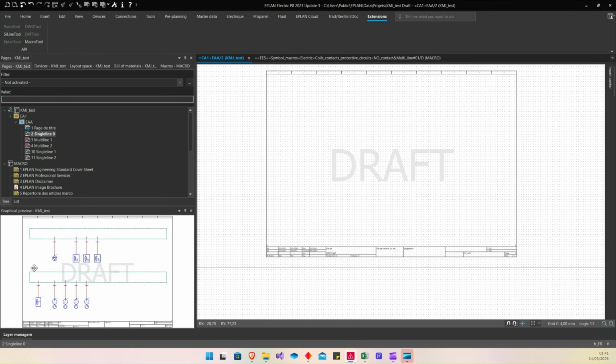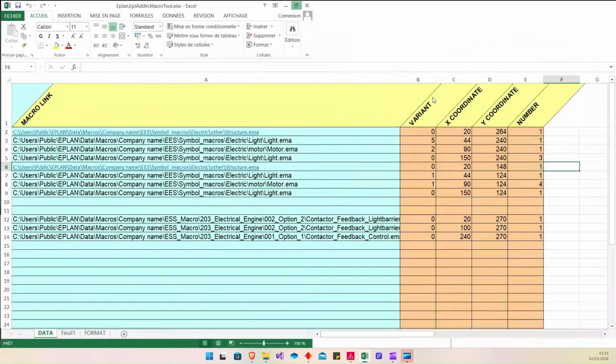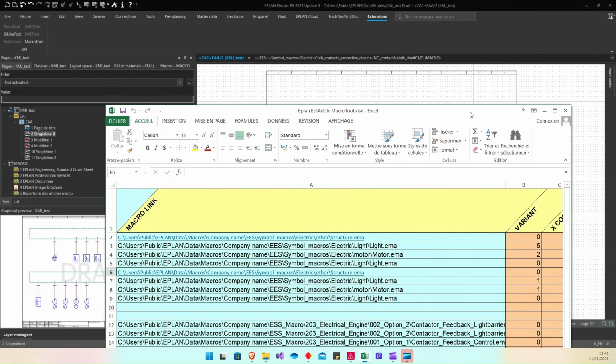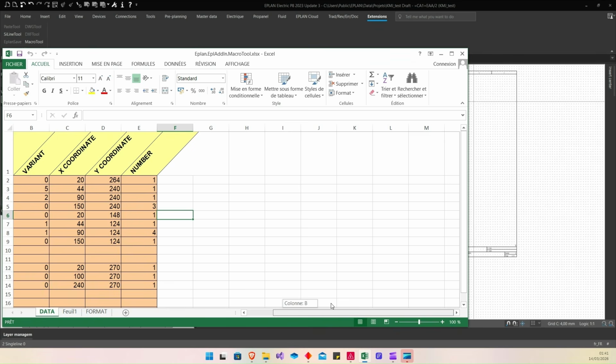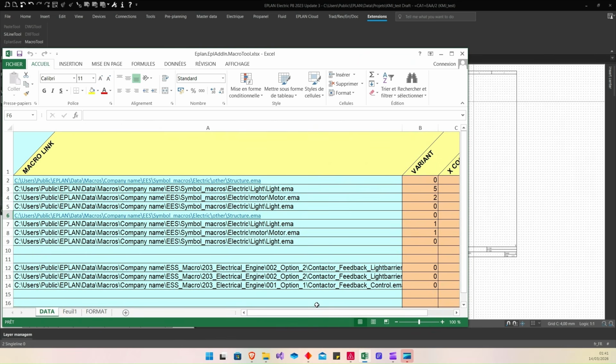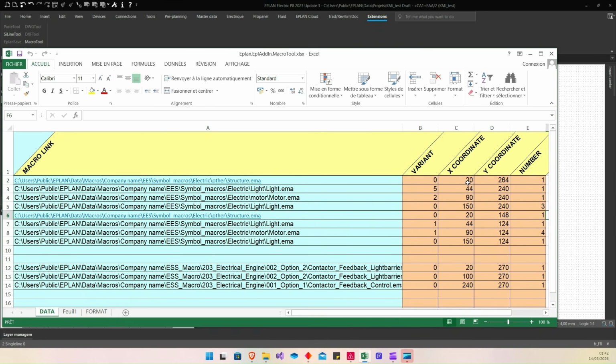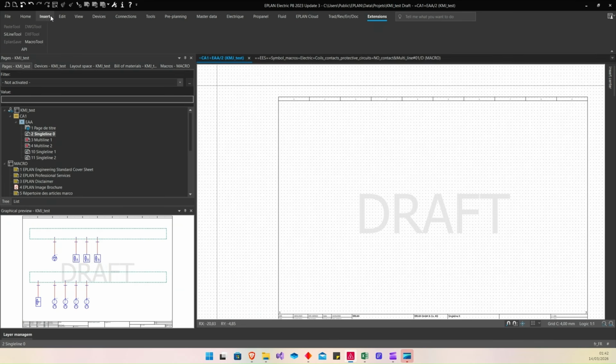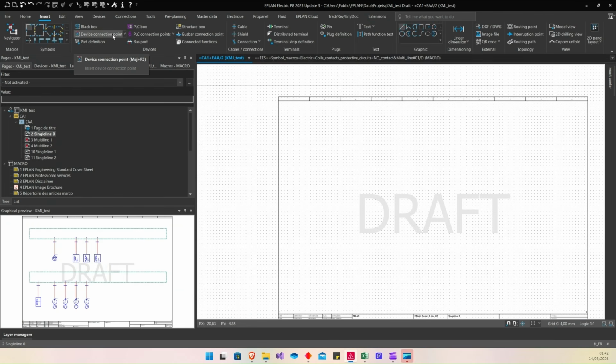So maybe you ask how you can know. I can give you some tips to insert a great coordinate, for example, a great X and Y coordinate. How can we find this information? To find where you want to insert your macro and know the good coordinate, the tip is to insert temporarily a device connection.